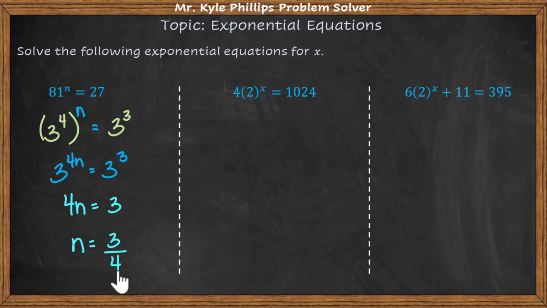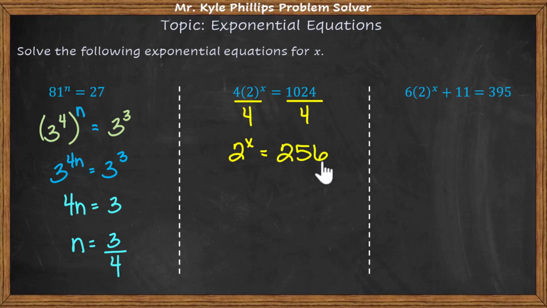Okay? With this example here in the middle, we need to isolate the exponent itself because we're solving for x. So this 4 is cumbersome. It needs to go. Well, this is 4 times 2 raised to the x. So if they are multiplying, I am going to divide. So I would divide each side by 4. This gives me 2 to the x equals 1024 divided by 4. And this is